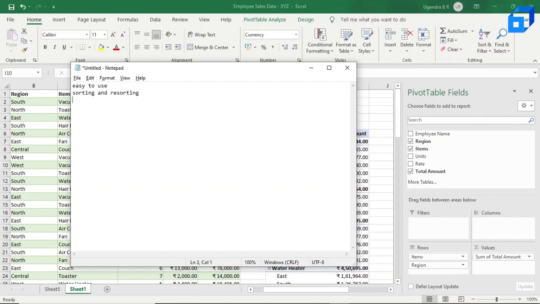Now coming to the third advantage, it saves a significant amount of time since we're not using any formulas to analyze and simplify the data set. Saves time. And the last one, it is quite flexible. If we make any changes to the data set, we can make those changes to get affected in the pivot table with just the click of a refresh button. It's quite flexible. These are some of the advantages of pivot tables.